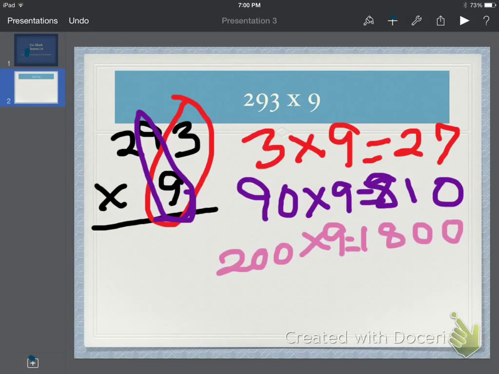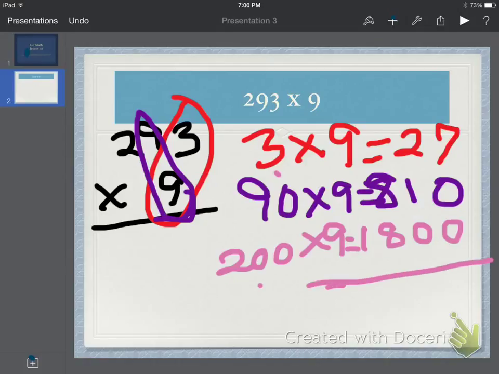So if we look at it that way, and then add it up, it's really 3 times 9 to get 27, 9 times 90 to get 810, and 200 times 9,